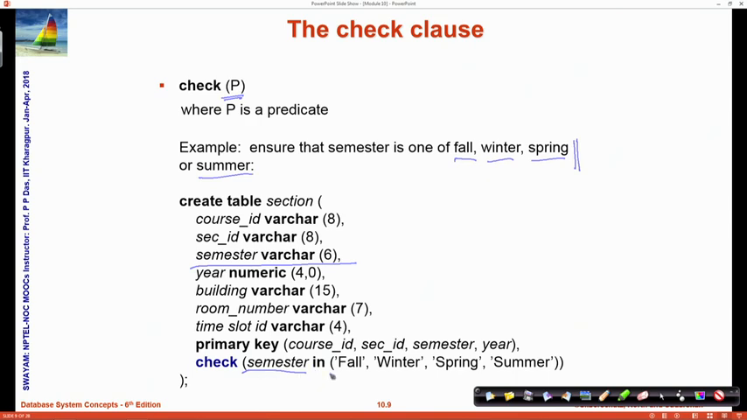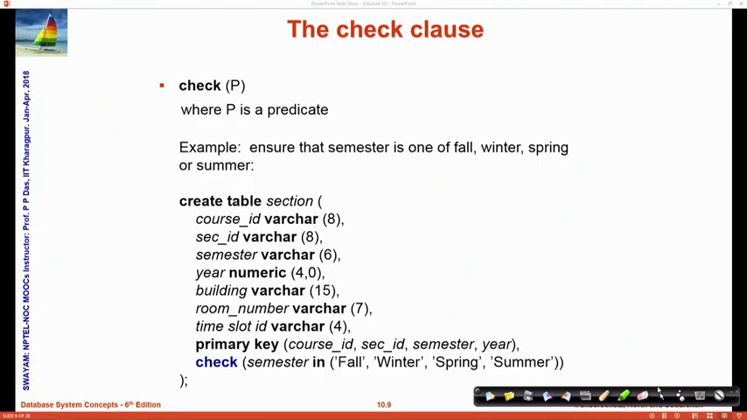So, we say semester in, and I list the values that are allowed. In is the set membership. It says that the value of the semester has to be one of these four, and this whole thing now becomes the predicate P, on which I do a check. Once we have created the table, when I want to insert or update the records in the table, the value of semester has to always be within this set, otherwise the check integrity constraint will fail and